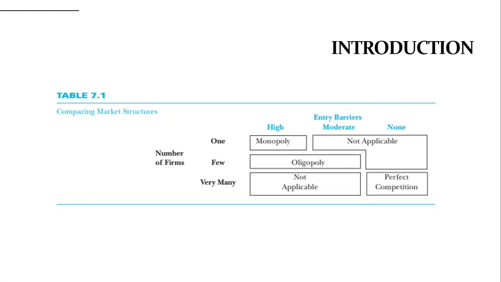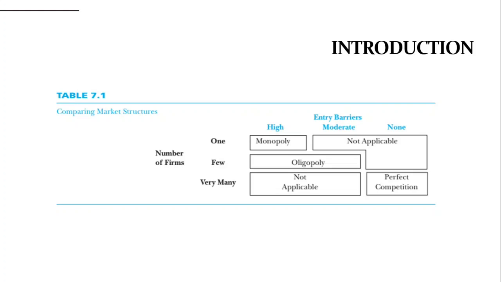At the other extreme, which is the upper left cell of the table, lies the case of pure monopoly. Here, a single firm supplies the market and has no direct competitors. Thus, as we shall see, the monopolist, if not constrained, has the ultimate power to raise prices and maximize its profit. Clearly, prohibitive entry barriers are a precondition for pure monopoly. Such barriers prevent rival firms from entering the market and competing even-handedly with the incumbent monopolist.